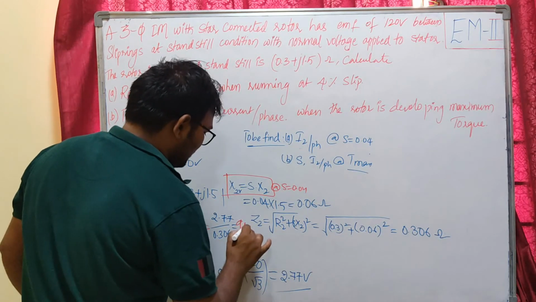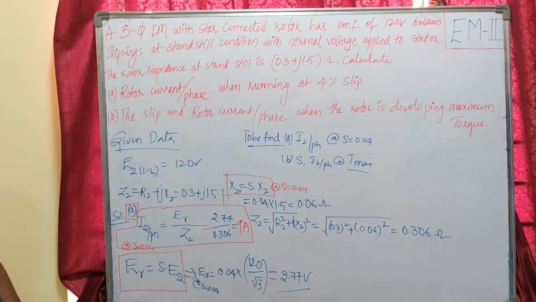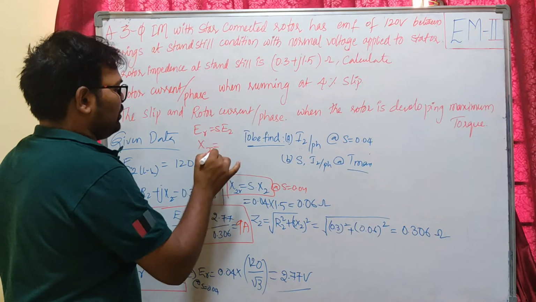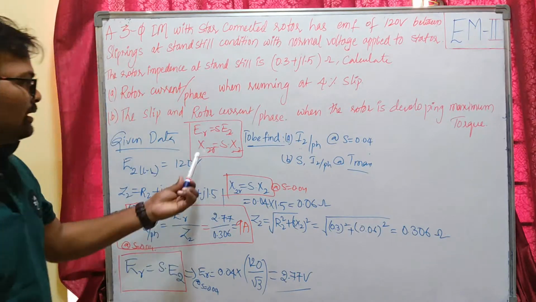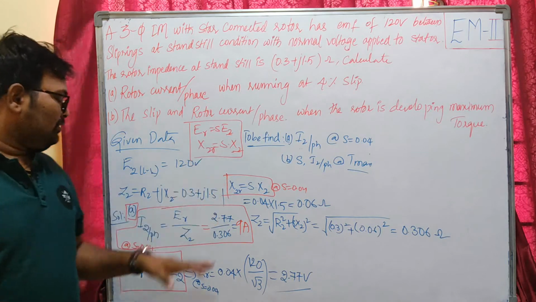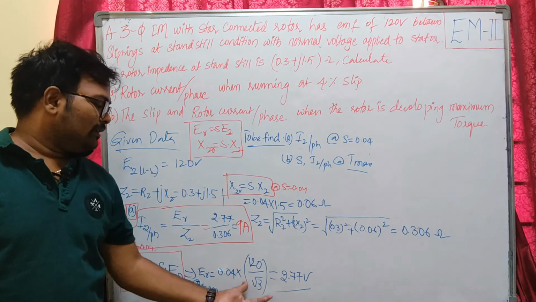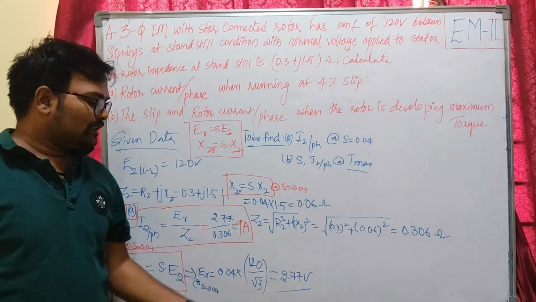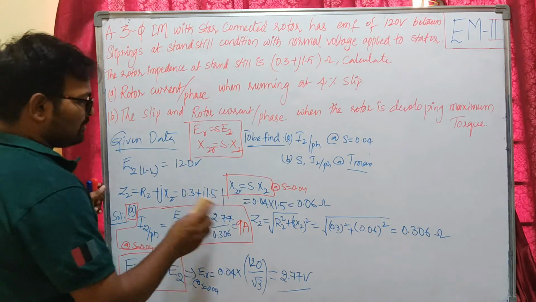Okay, my rotor current at the slip 0.04 is 9 amperes. So we have calculated the ER, which is equal to S times E2, and X2R, which is equal to S times X2. X2 and E2 are at standstill condition, ER and X2R are at running condition at the given slip value. Okay, we have to find out the ER and X2R whenever we are given slip. The slip given is 0.04 here, and I have to convert the line voltage to phase voltage. Because it is star connected, V phase equal to VL by root 3. Okay, this is my first option. Let us find out the second option.